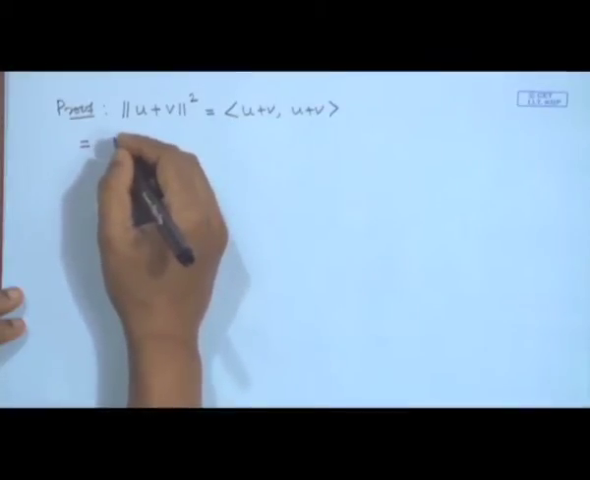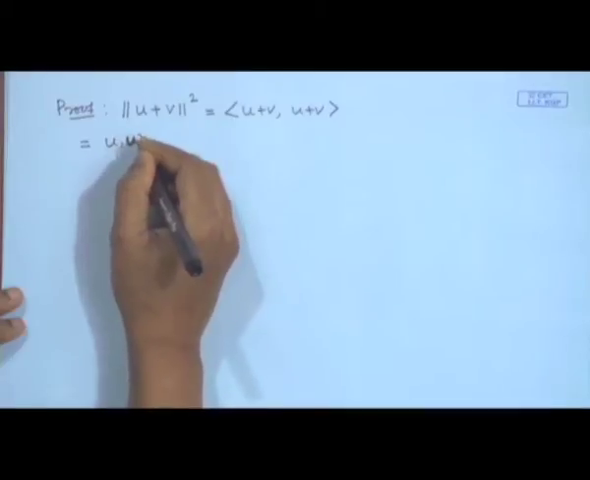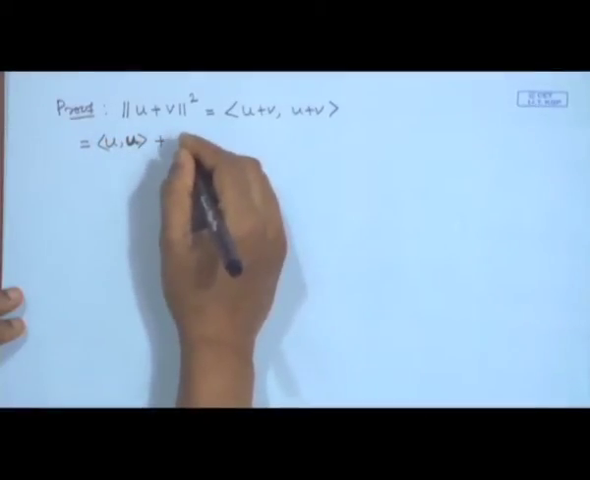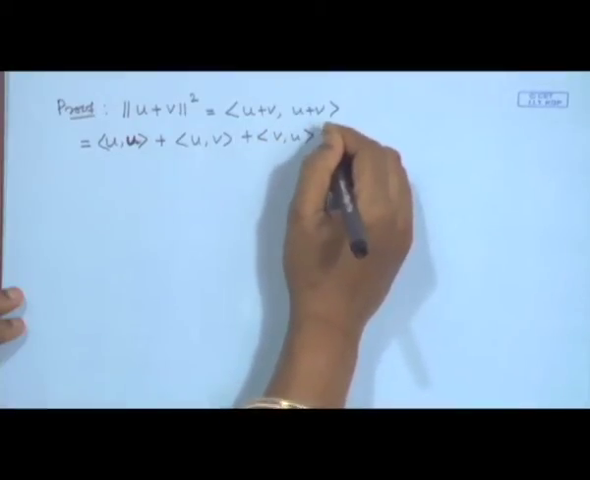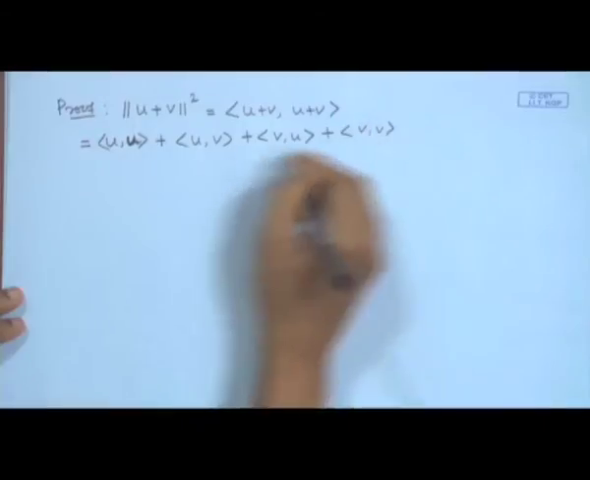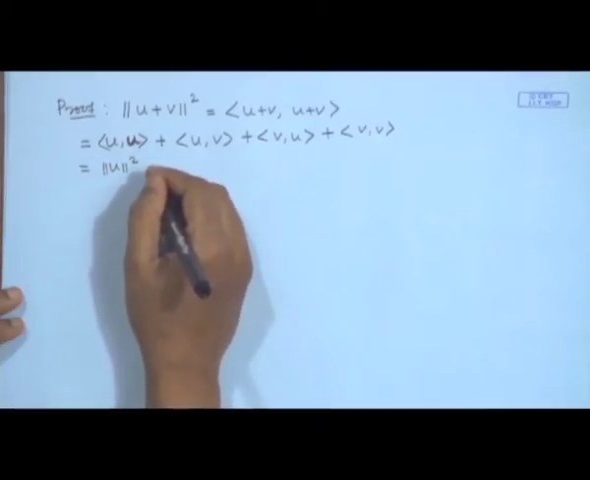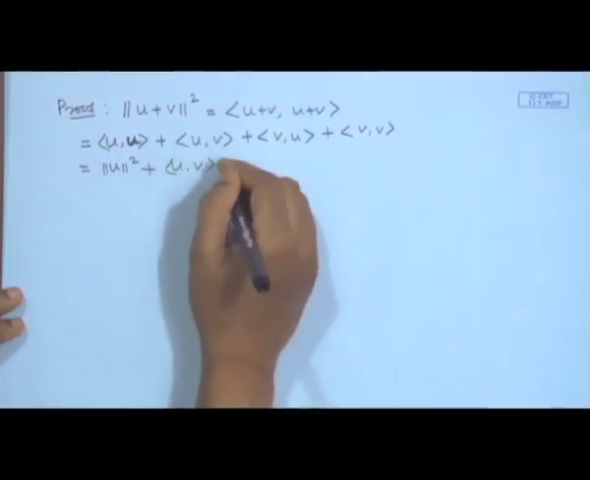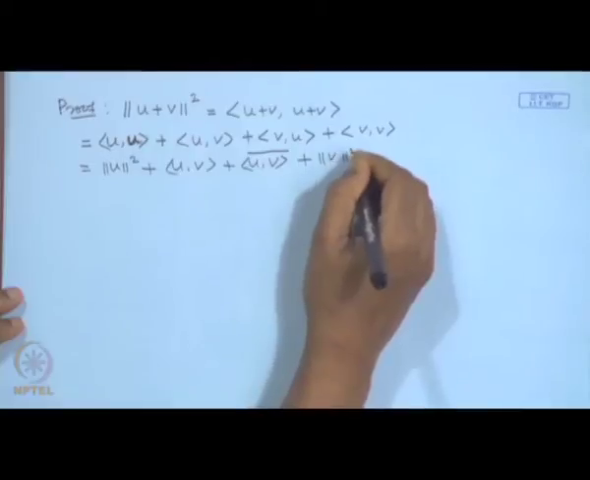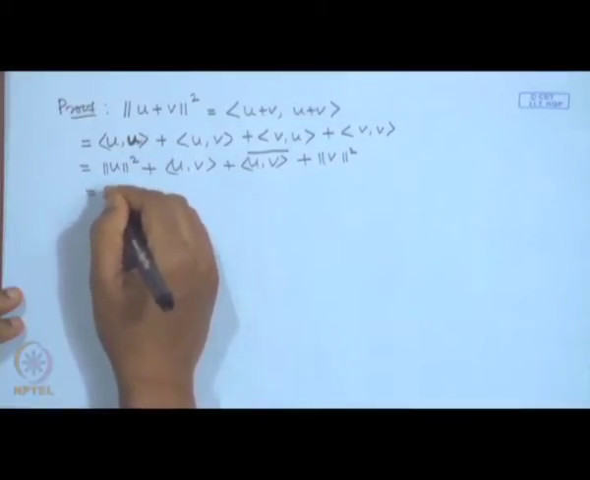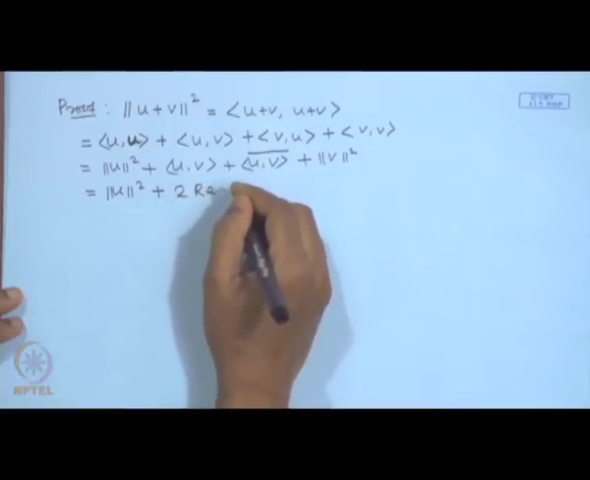using axioms of an inner product space, we can get the inner product of u with itself, plus inner product of u, v, plus inner product of v, u, plus inner product of v with itself. This can be written as square of norm u plus inner product of u, v plus its complex conjugate, plus norm v square, and this is the same as square of norm of u plus 2 times real part of